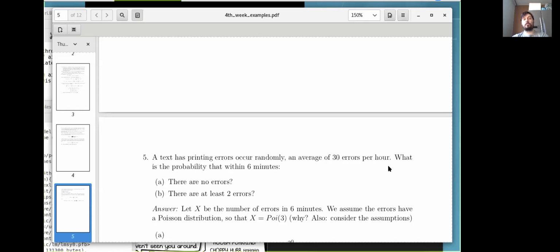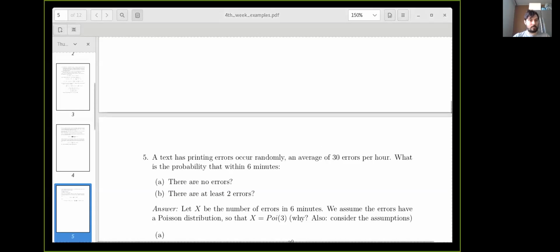Assuming they have a Poisson distribution, so x not equal. That's again another typo. Let's go fix that. It should not be the equality sign. It should be x. I'm usually very particular with this, but I do make printing errors, if you will.